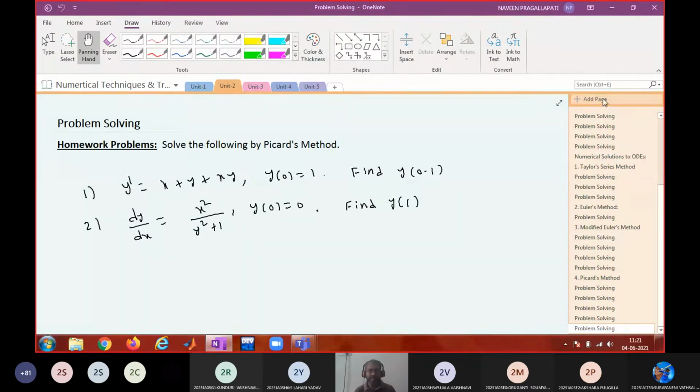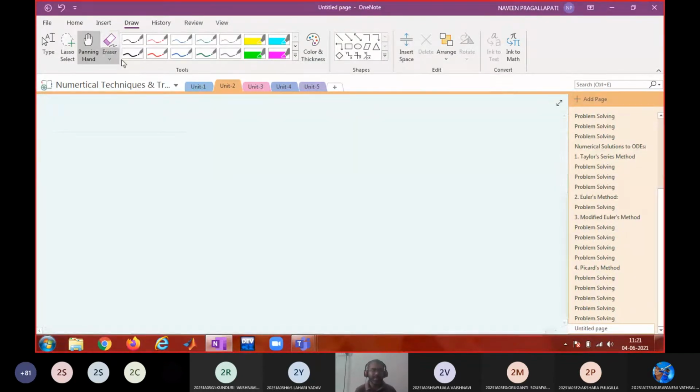All of you put this heading, method 5, fourth order